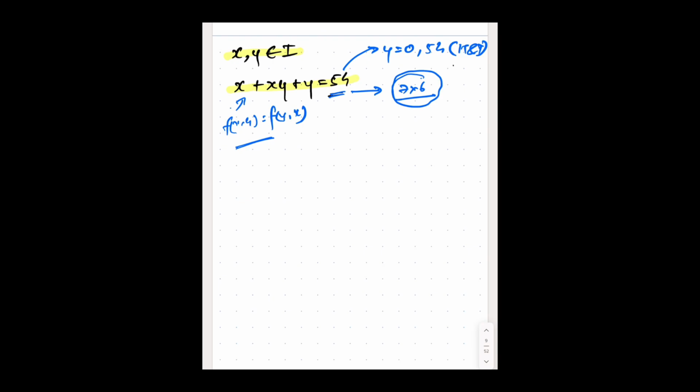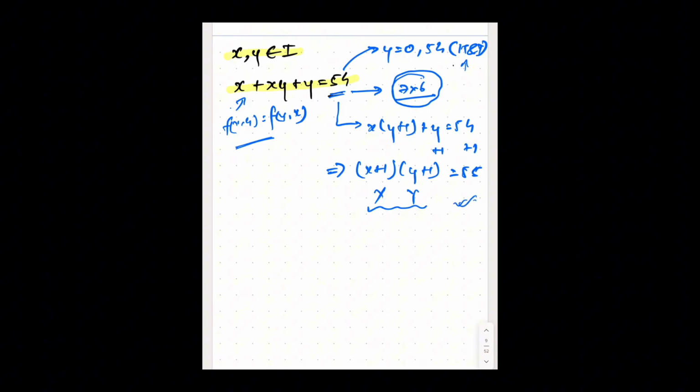Then also, since it is from Olympiad, we will know the actual method. First we can simplify our hits or trials by factorization: (x plus 1)(y plus 1) equals 54 plus 1. Here we got roughly how this equation converts into x and y in factor form equals 55. Then we will proceed.